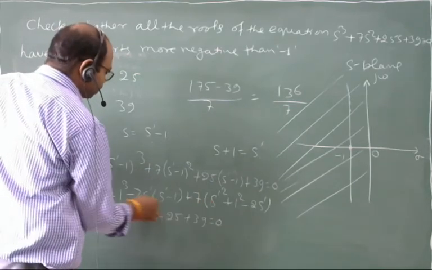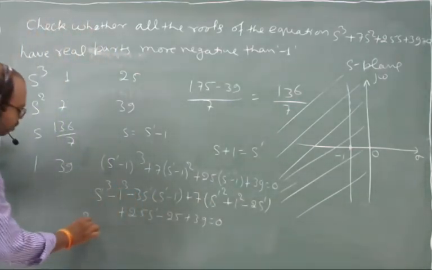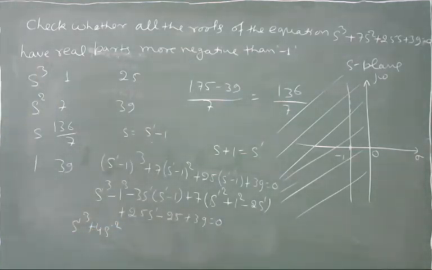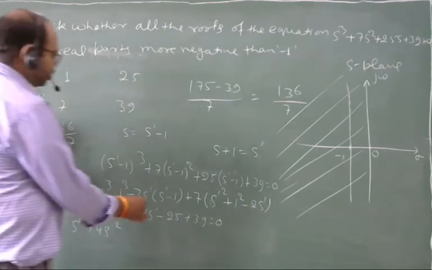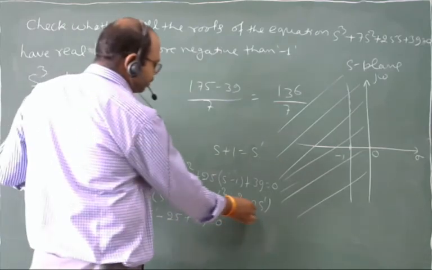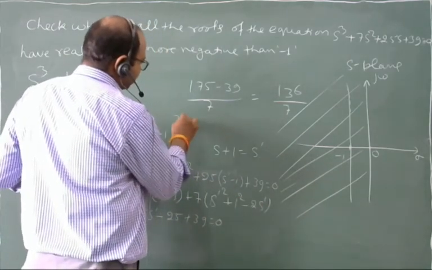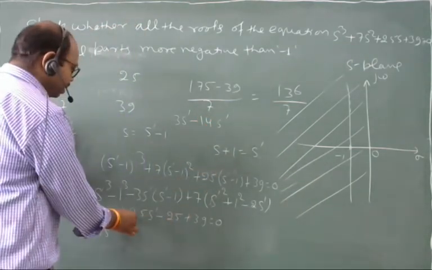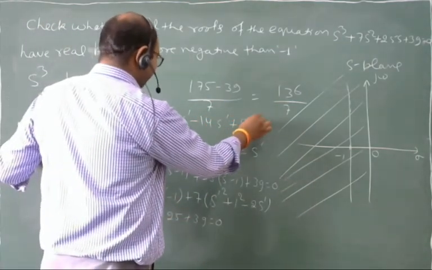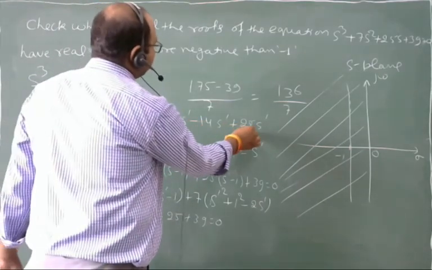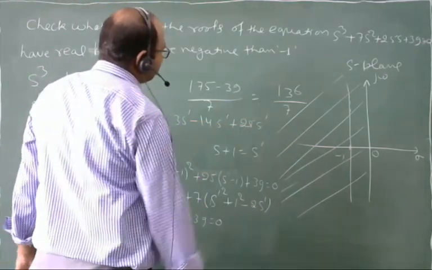So 7S' square minus 3S' square plus 4S' square. S' terms: minus 3S' minus 14S' plus 25S'. And what will be the value? Here 11 and minus 11 plus 25,